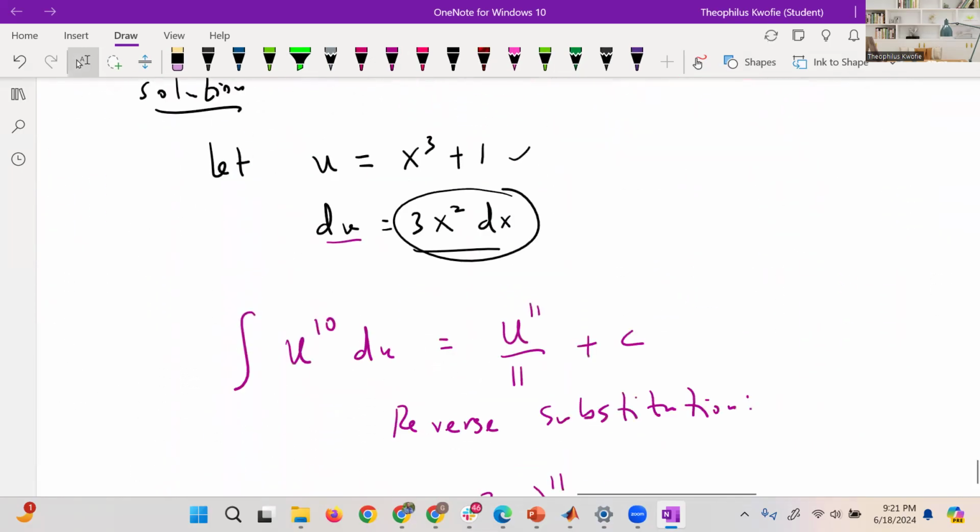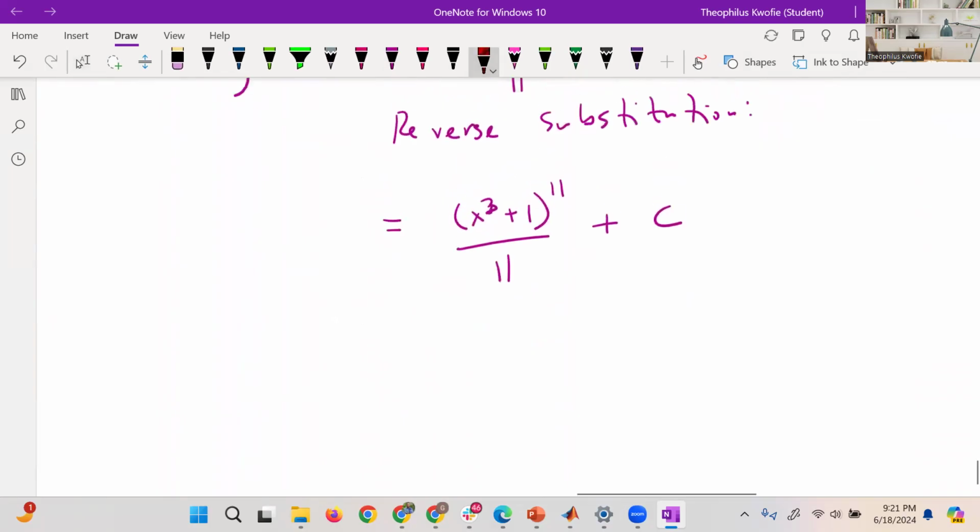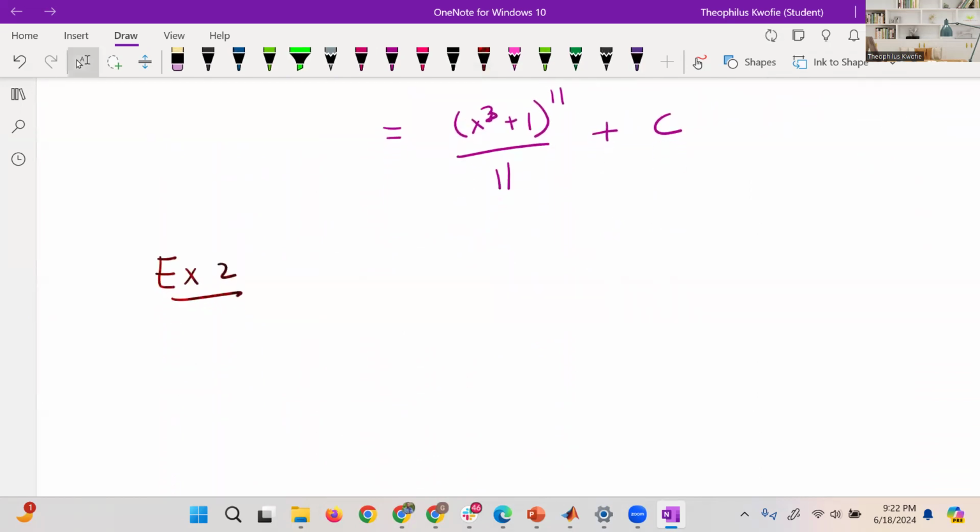I believe we all get that. So let's go to one more example, so that we can appreciate it more. So let's go on to example 2. Let me see what nice problem I can give you. Now, suppose I give you something like this. So we want to evaluate